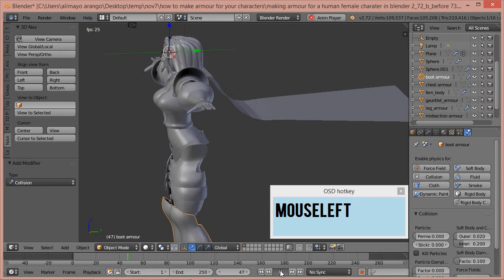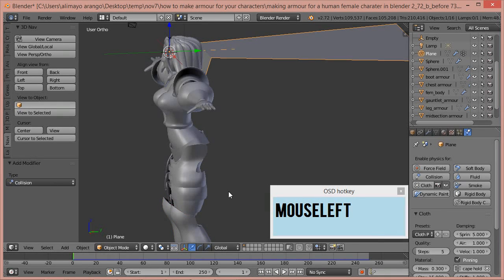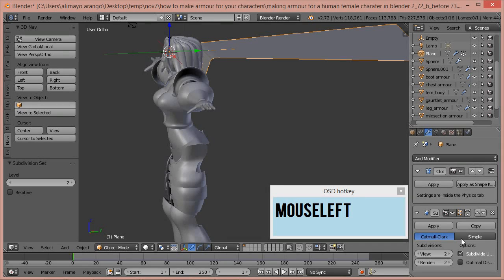So what we're going to do now is pause this. We're going to go back by pushing here. We're going to click the cape. And what we're going to do is press a shortcut for a subdivision surface, Control 2. And what that did was automatically apply a subdivision surface. So just so you don't get confused, I could have just went here and clicked subdivision surface, but